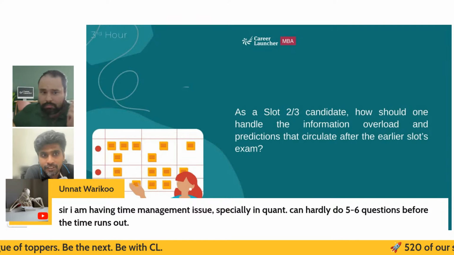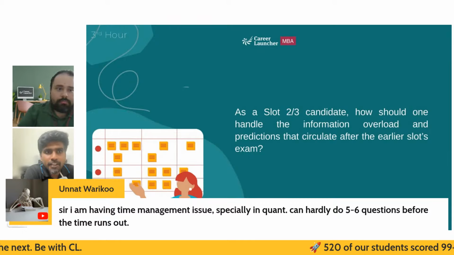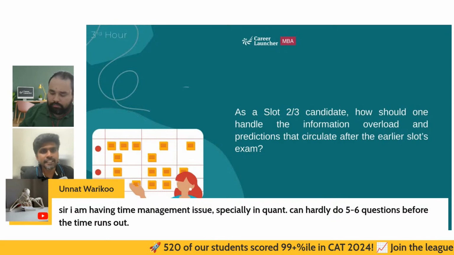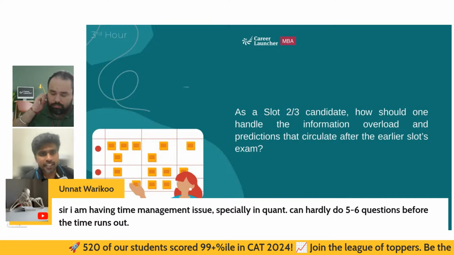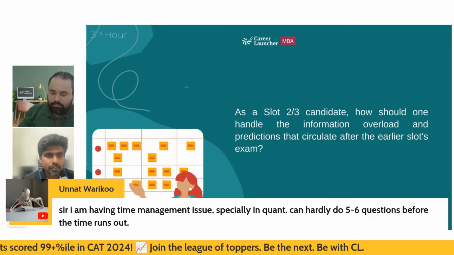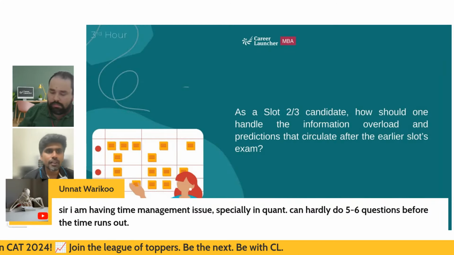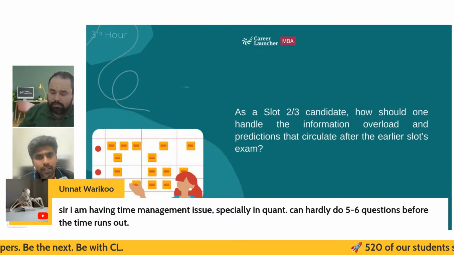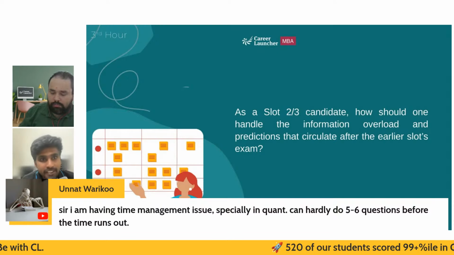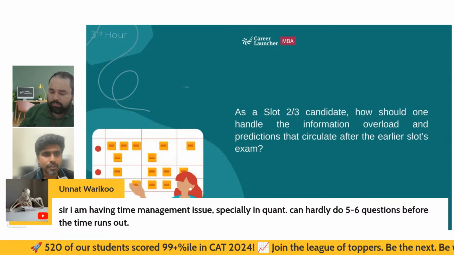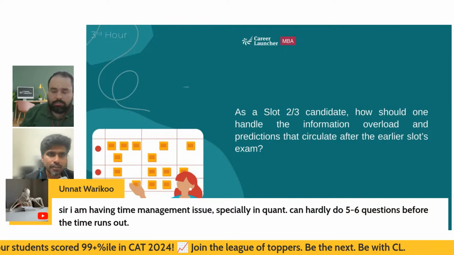See, again, this is not probably a very good time to change your strategy for DILR. But yes, quant maybe, I think, because you are going question after question, there is a scope that आप थोड़ा सा उसको tweak करो, right? So if you are going question after question and marking them round 1, round 2, round 3 right now, and if that judgment of selecting a question in round 1, thinking that you can do it in a couple of minutes, is not working out for you right now,